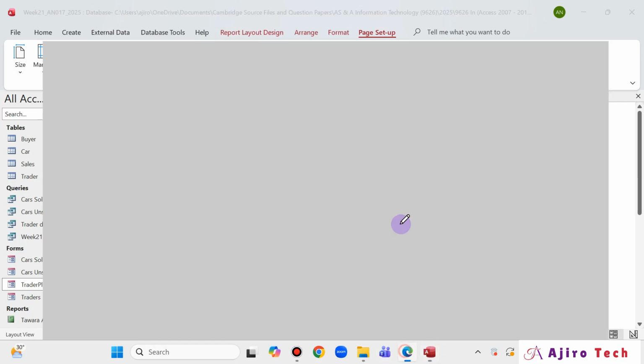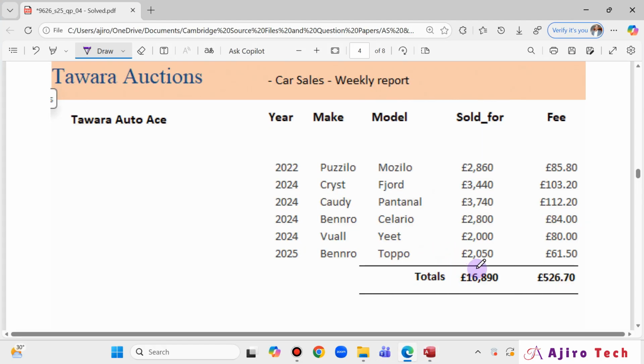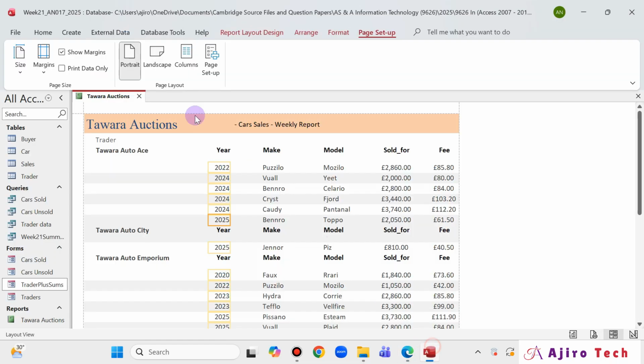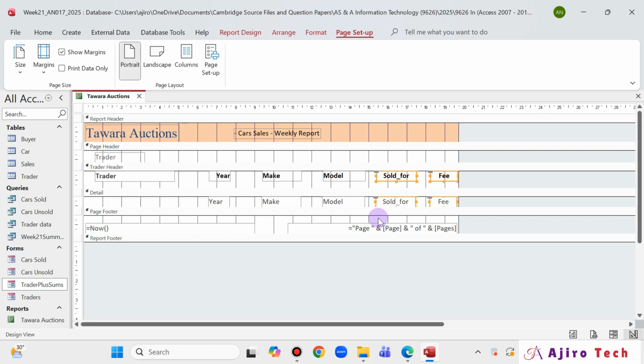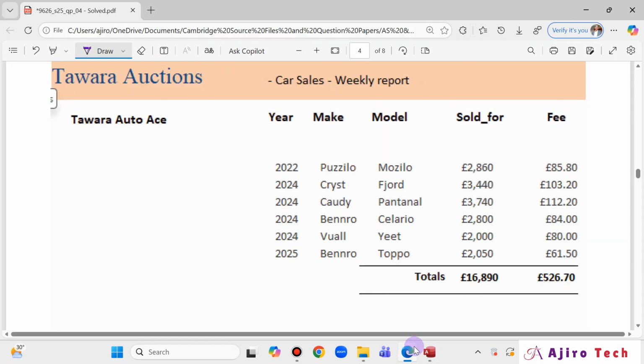Okay, so now what are we doing now? Now we need to add a line. So to add this line so we can carry out a calculation, this is what we'll do here. So in design, we need to add a line. So right here, let's do the